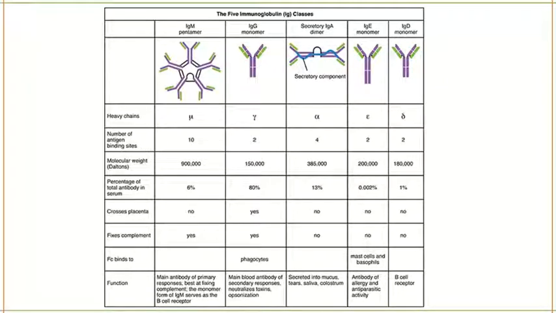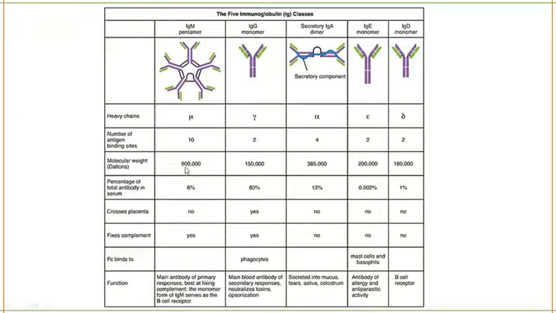How many antigen binding sites are present in an antibody? Okay, let's say a monomer. You always consider a monomer. A monomer will have two antigen binding sites. One is this one, the other one is this one. Okay, so IgM is a pentamer. So how many antigen binding regions will be there? So it will have 10 antigen binding regions. Okay, so one antibody will have two antigen binding regions, and since IgM is a pentamer, it will have 5 into 2, 10 antigen binding regions.